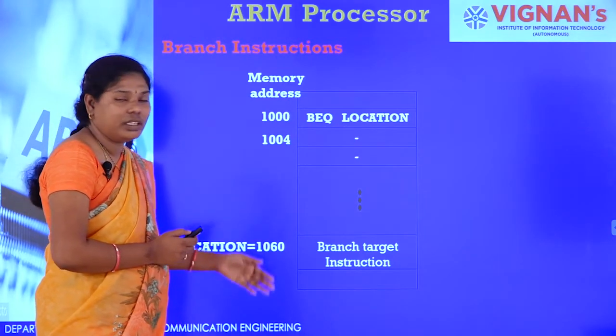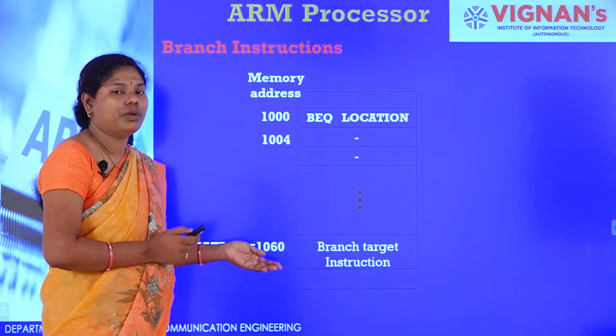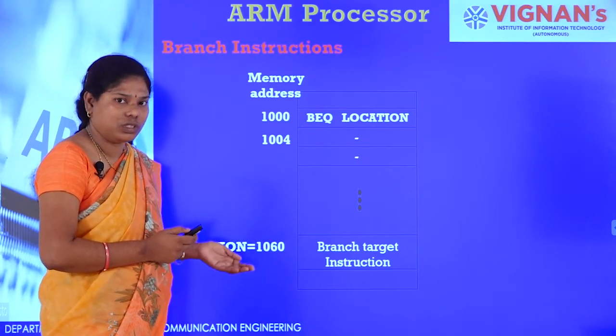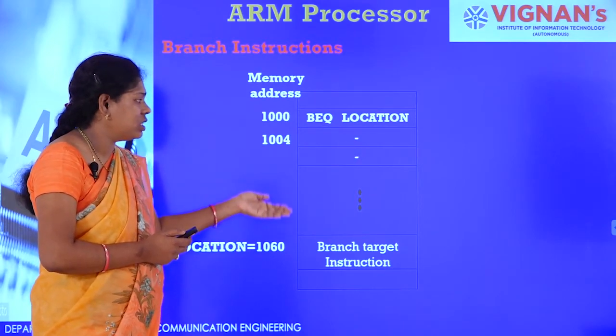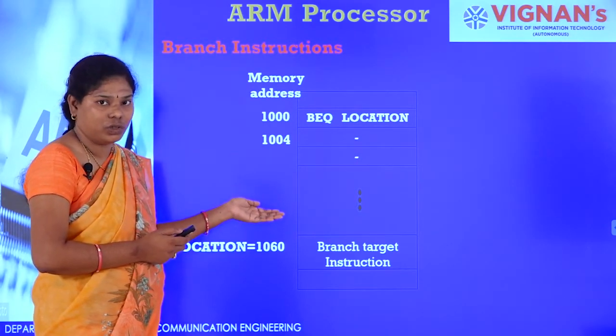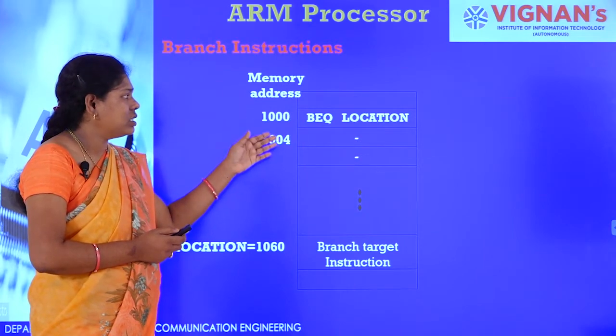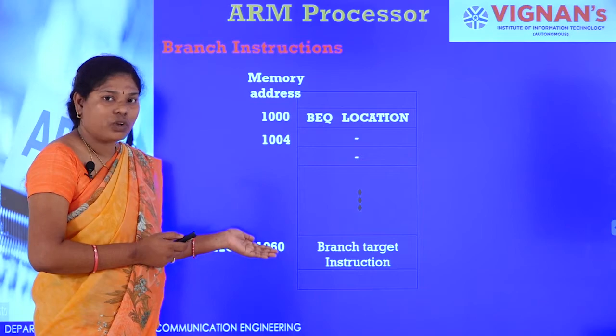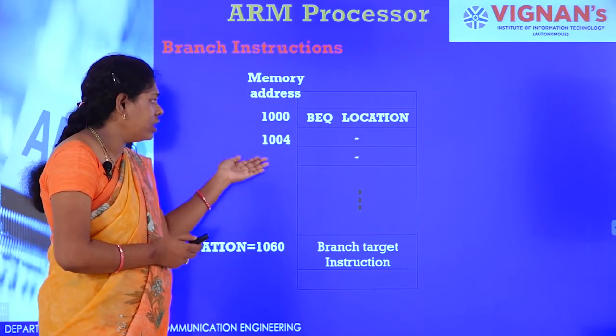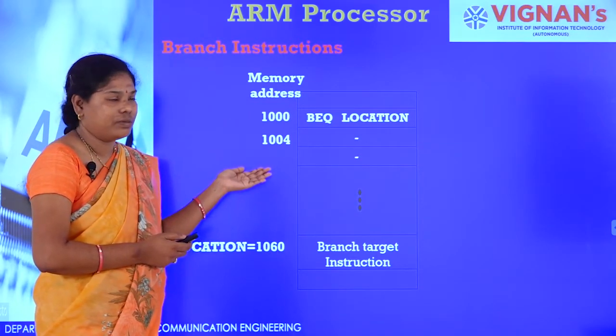Okay, there may be a subprogram, or within the main program also we can use this. From that location it has to execute, and the instructions in between will not be executed. If the condition is satisfied, it shifts to the target location. If the condition is not satisfied, then it will go to the next instruction.